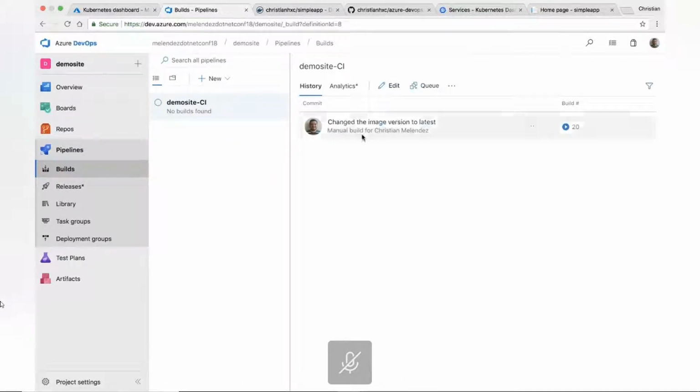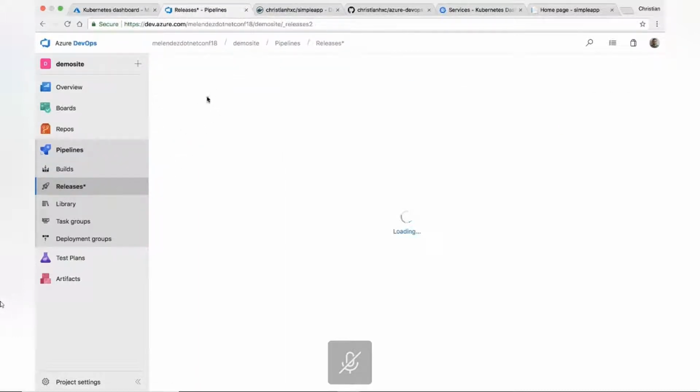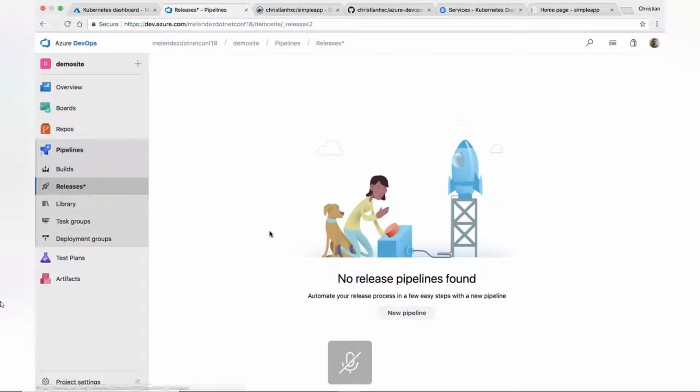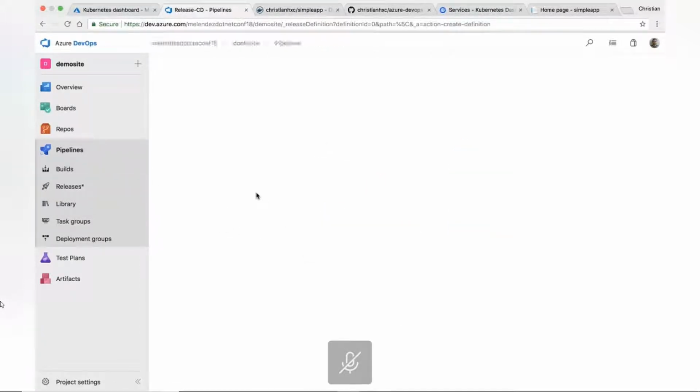Let's see if it already finished. No, but let's go quickly to create. This is the CI pipeline. Let's create the CD part of the process. Let's create the CD, the pipeline,